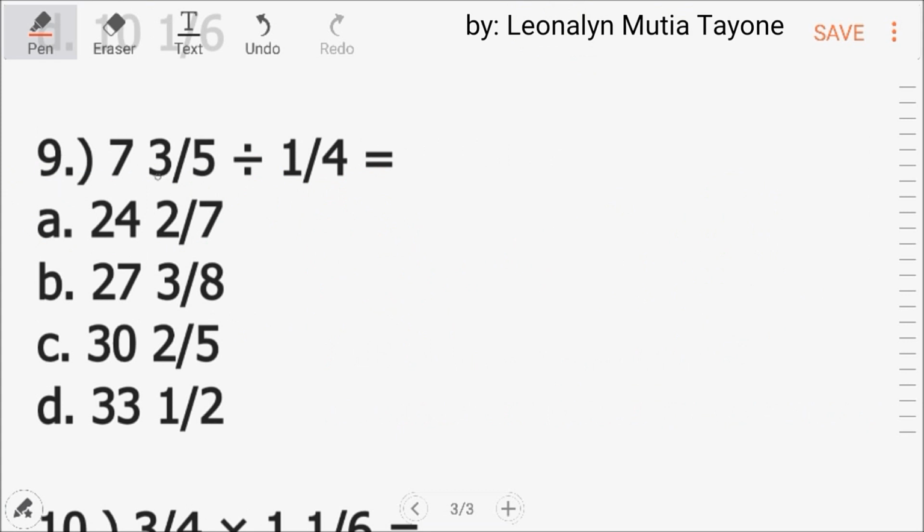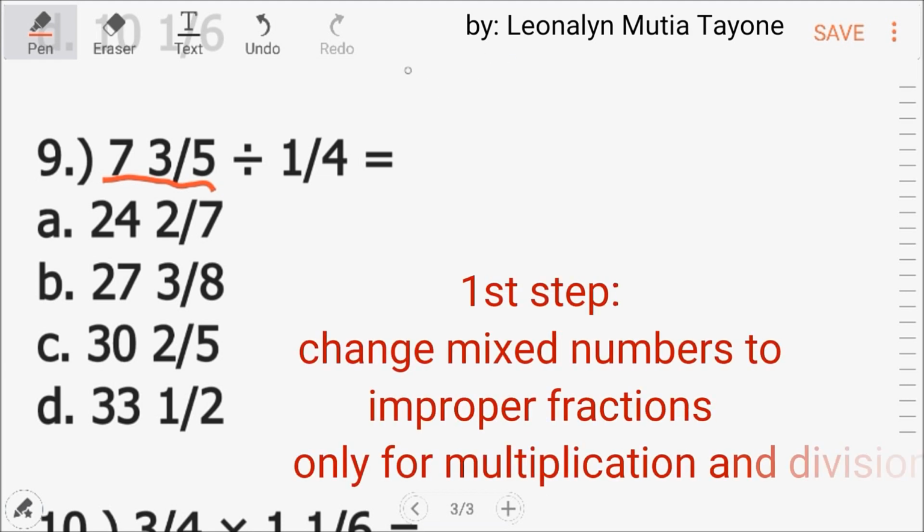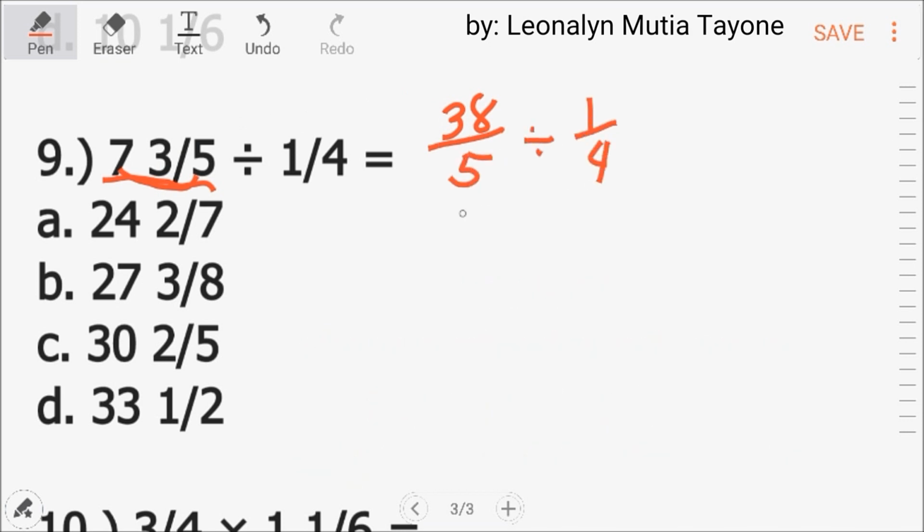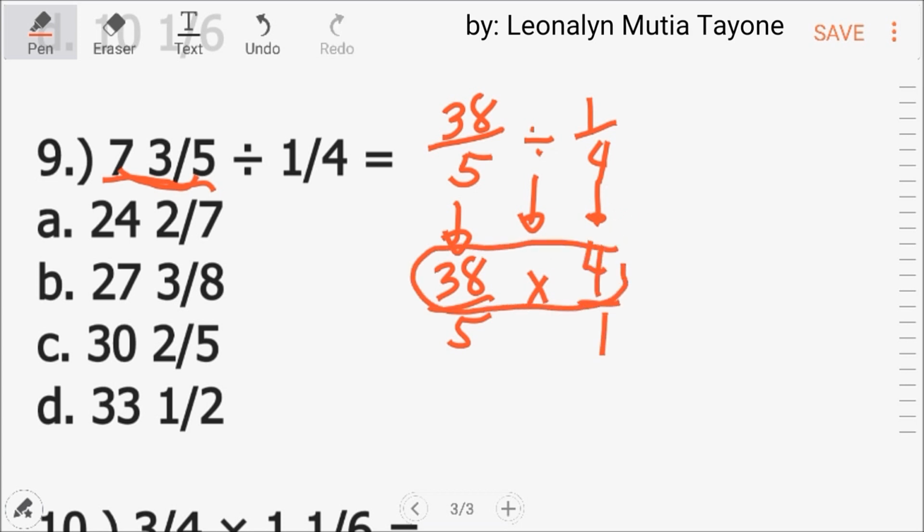Number 9. 7 and 3/5 divided by 1/4. We have a mixed number here. Let's make it an improper fraction first. 5 times 7 equals 35 plus 3 equals 38. Copy the denominator. Divided by 1/4. Just copy this. And for the division, it becomes multiplication, and we take the reciprocal of 1/4. Now we can multiply. 38 times 4, to make it easier, double 38, that is 76. Then double 76, and that is